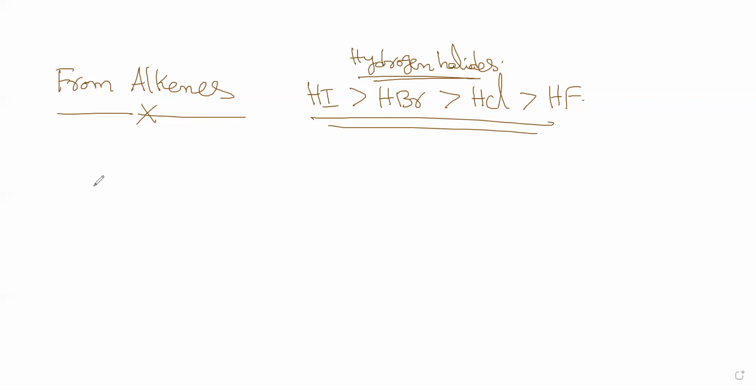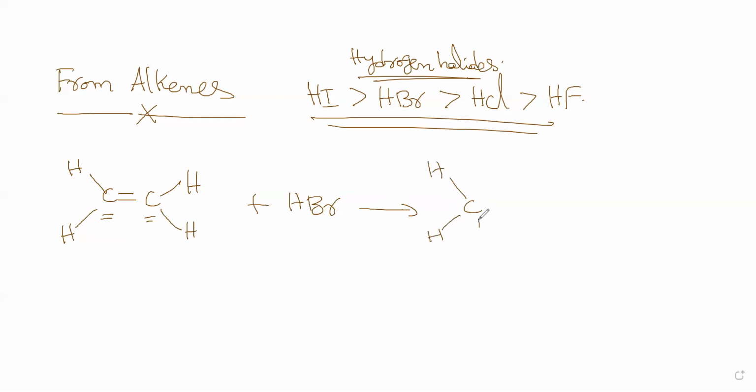And now we consider ethylene or ethene. Ethene is a very simple example to consider. So to ethene we will add HBr. So what happens is that H will add to one carbon, bromine will add to another carbon. You can add anywhere you like for ethylene. Remember this. You may go wrong if any number of carbon is in excess. Okay. So how to do that? That we'll see later.